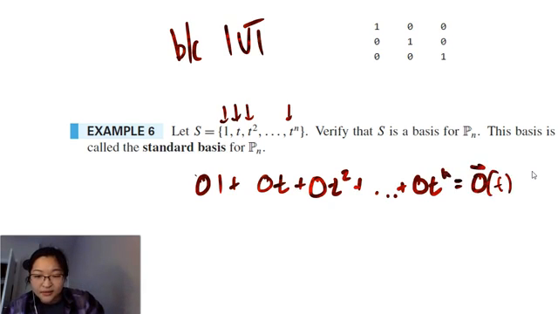Well, the fundamental theorem of algebra says that we have as many zeros as we have for our degree of our polynomial, and the only contradiction to that is the zero polynomial. So this only works if we have zeros as what we're scaling, and so we have linearly independent